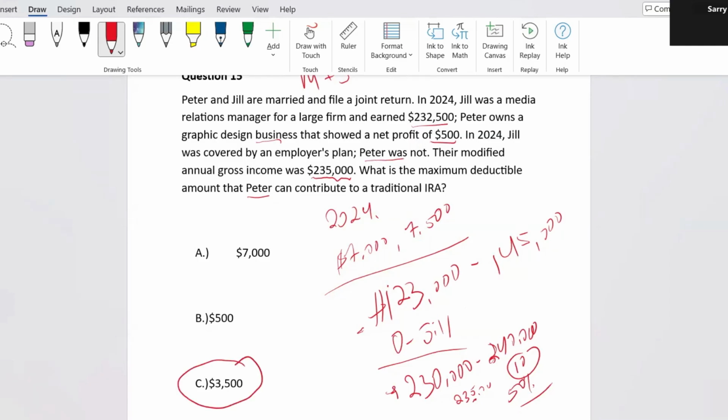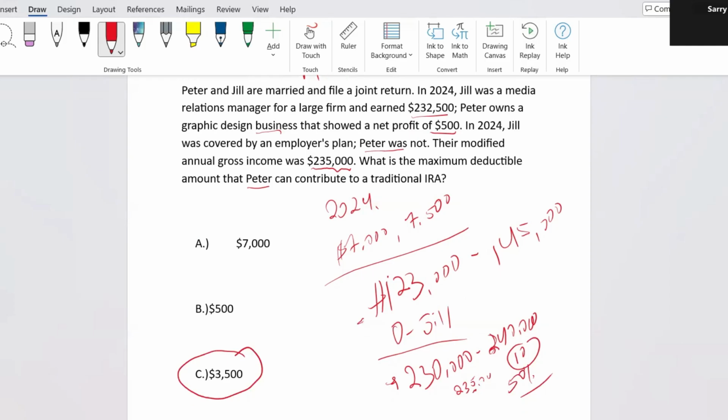So you're going to need to know a couple of things. You're going to need to know the IRA contribution limits when you are under 50 and 50 and up. And then you also need to know the phase out limits when one of the spouses has an employer plan or the one that doesn't have the employer plan. So you need to know a couple of things for this question. And this will be on the enrolled agent exam as well.